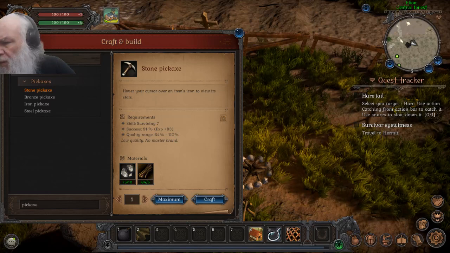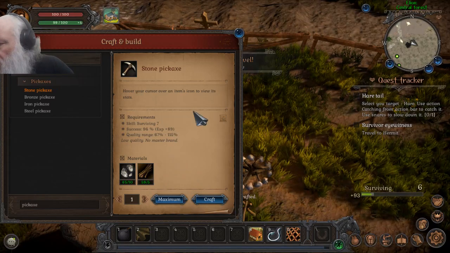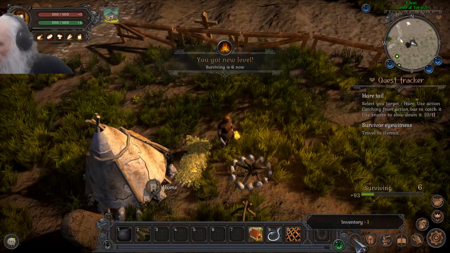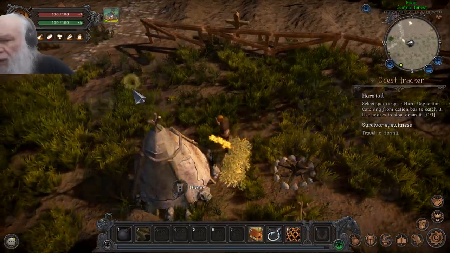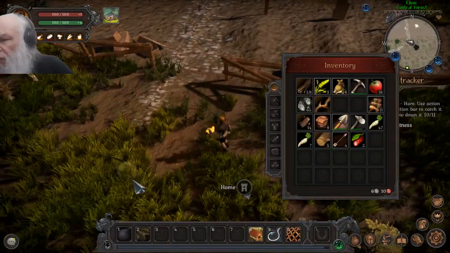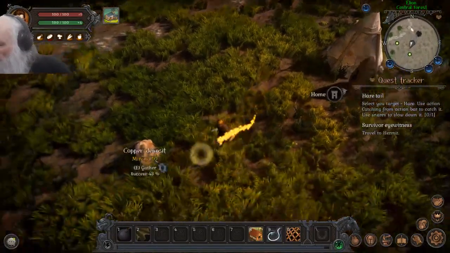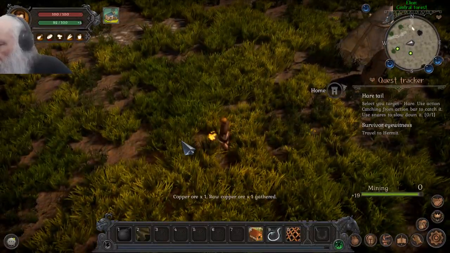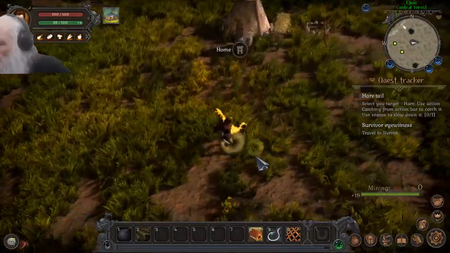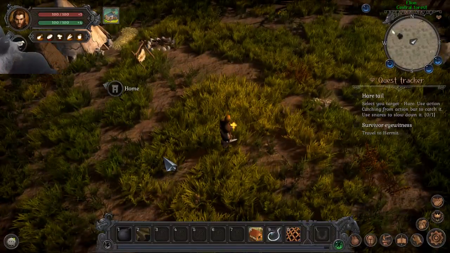Pipettes. Should be able to. Now I should have a stone pipette. There we go. So I can actually do some stone. Here's again, travel to Hermit and